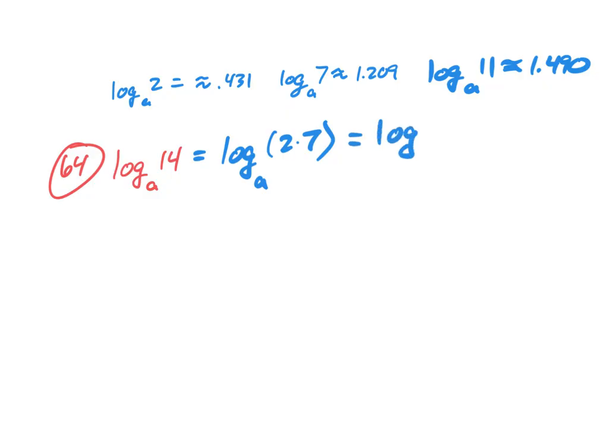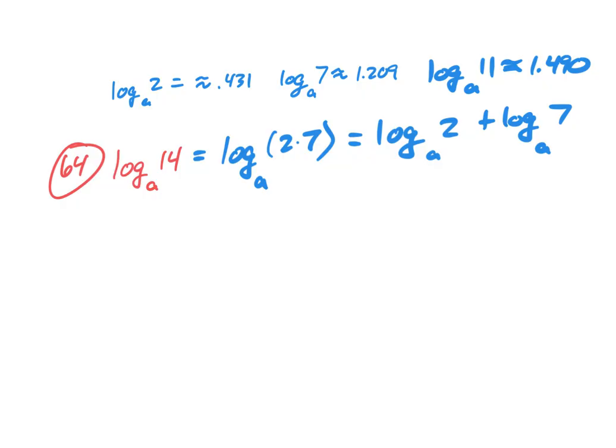I could say the log of 2 base A plus the log of 7 base A. And the reason we do that now is because we don't know what the base is, we wouldn't be able to put this into our calculator. So this is not going to be a calculator problem until we get to the very end here probably,